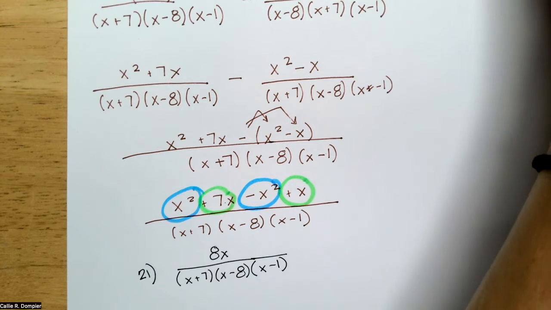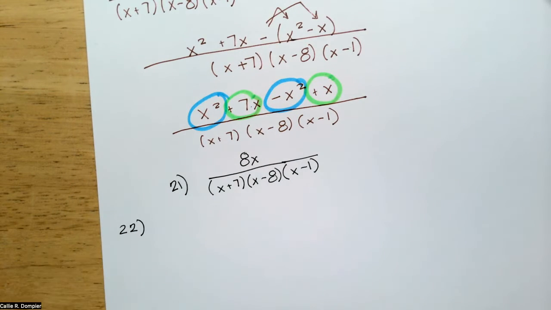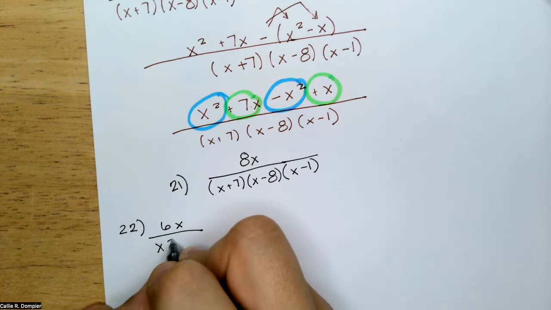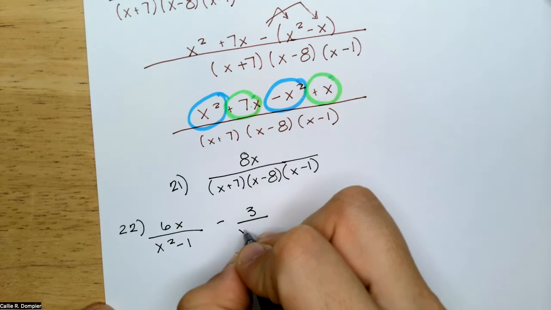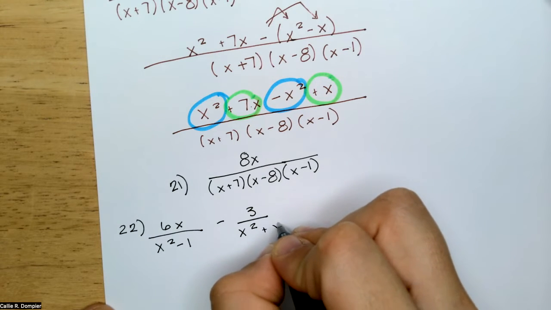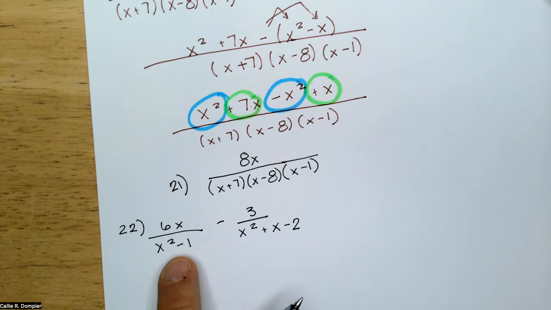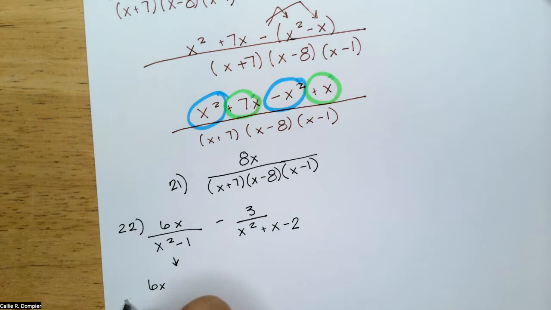Good. All right. 22. See if I can fit it on this piece of paper. 6x over x squared minus 1 minus 3 over x squared plus x minus 2. This is another one that we need to factor, okay? This is the difference of two perfect squares, right? Because the square root of x squared is x and the square root of 1 is 1, and there's a minus sign between them. So this factors to 6x over